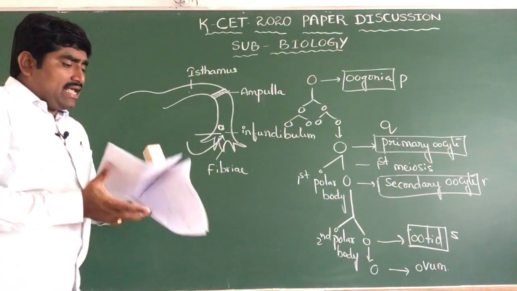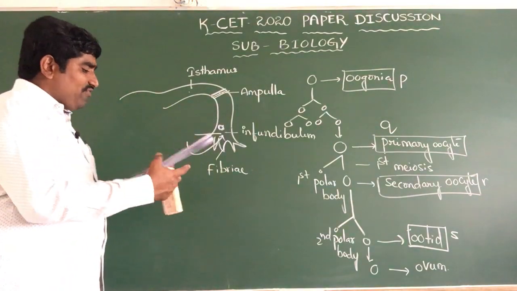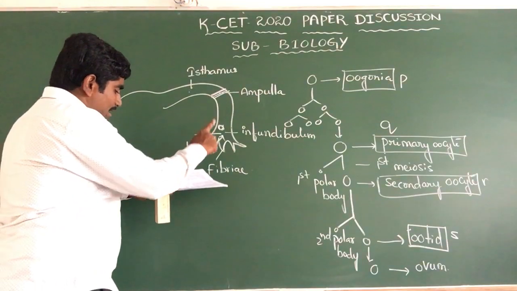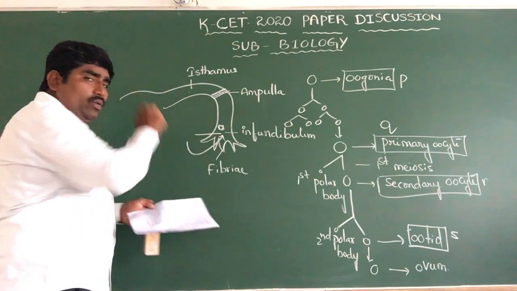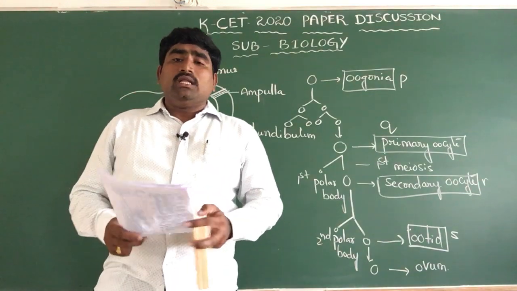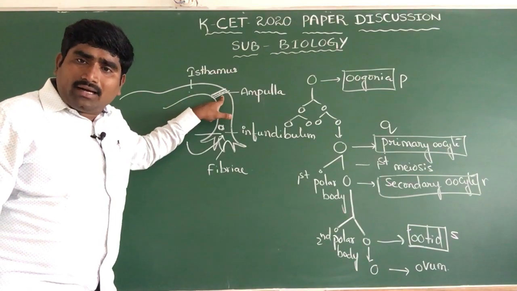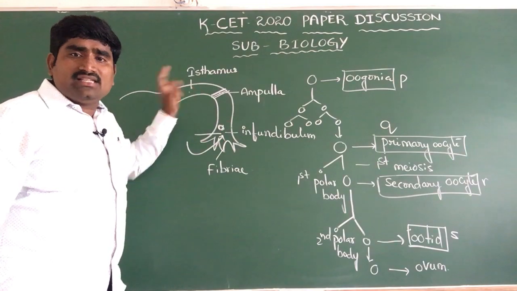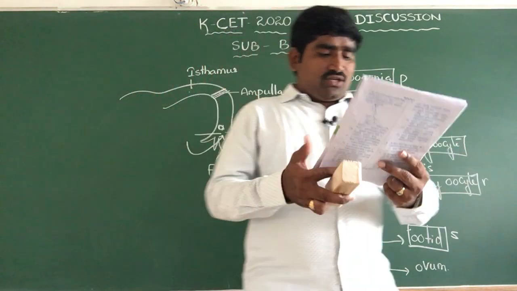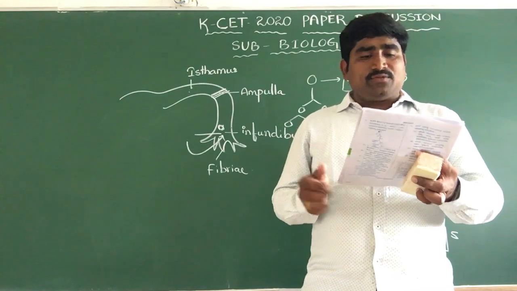What the question asks is, when the fallopian tube is blocked at the ampullary region, the ovum fails to move from infundibulum to isthmus. So the option is infundibulum to isthmus. That is option D here also.